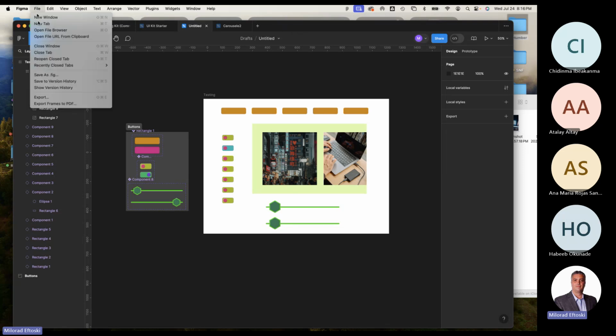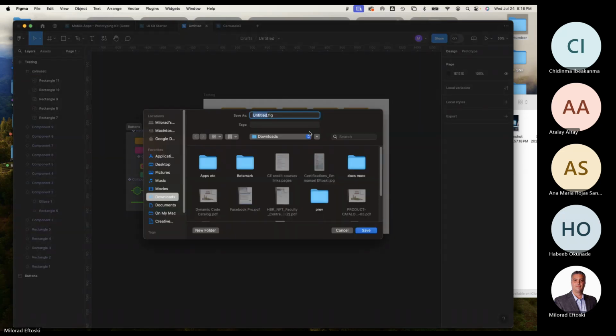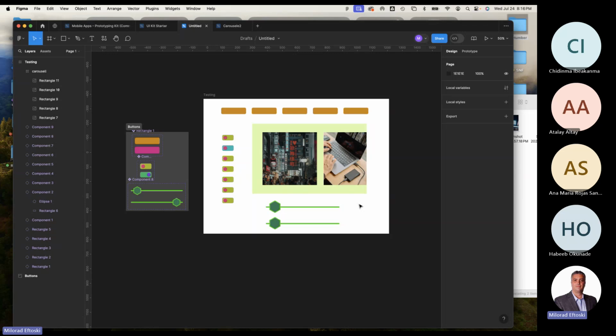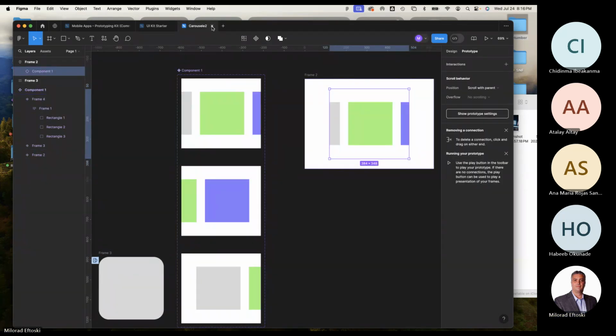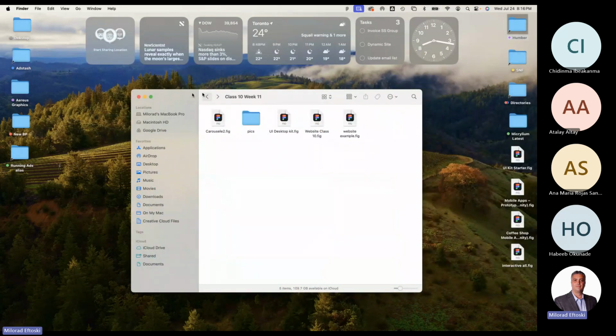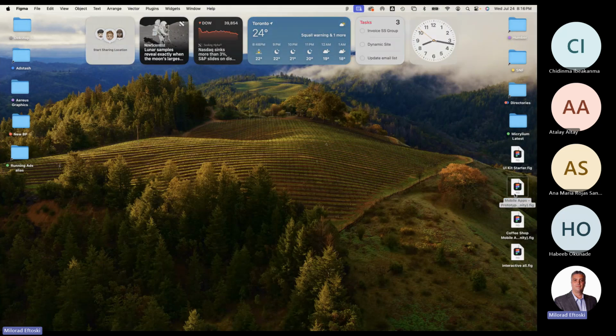So let me quickly do a save as here. Interactive all, I'll call it. As we covered clicks, hovers, drags, carousels, swapping images, all the main things you can possibly put on an app or a website. And then to show you some of the other design files for next week that we're going to continue is the stuff here. One is called the mobile app prototype